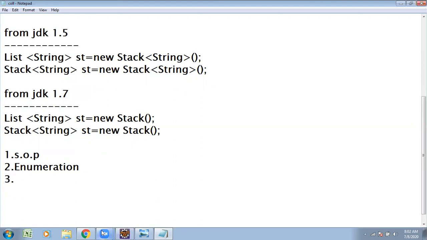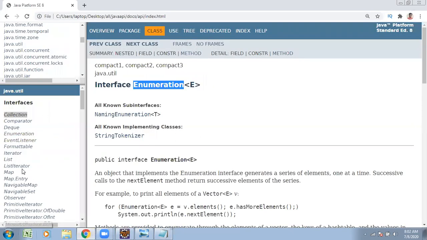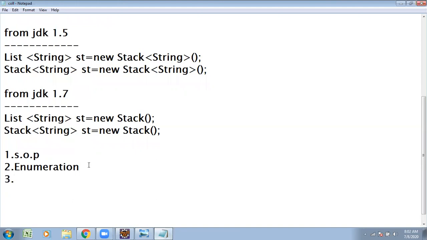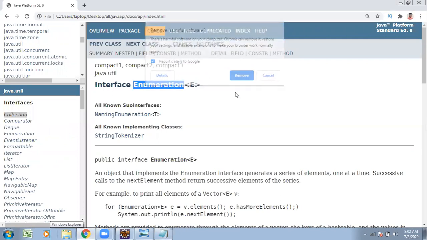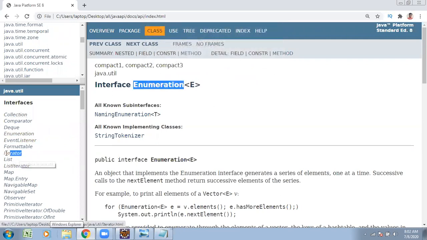After enumeration, they introduced iterator. Enumeration is available in JDK 1.0 version. After enumeration, they introduced one more thing. What is that? Iterator.